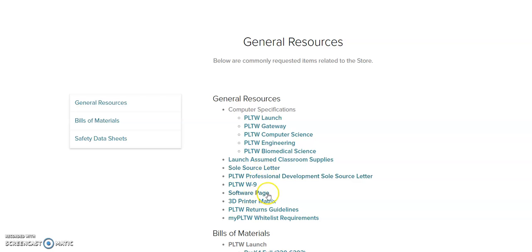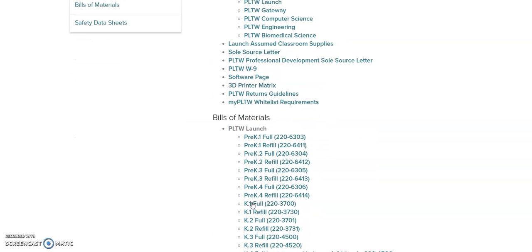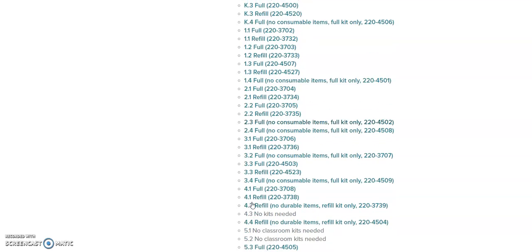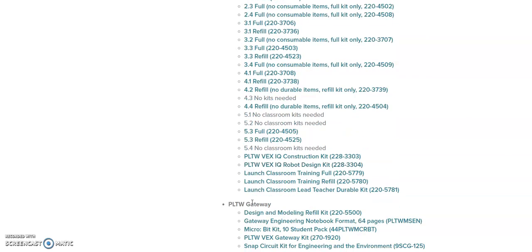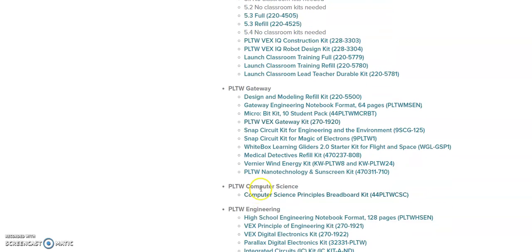Looking on down through there, there is information in here. If you've got to set PLTW up as a vendor, there's some resources that you'll need to get to your bookkeeper and that sort of thing in here. 3D printer matrix gives some basic information if I'm looking for that resource to purchase, and so on there. As I scan on down in bill of materials, there's quite a number because there's one for every program. When I get down into Gateway, then I can see there